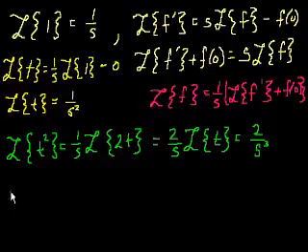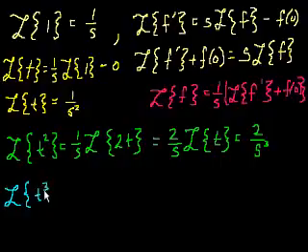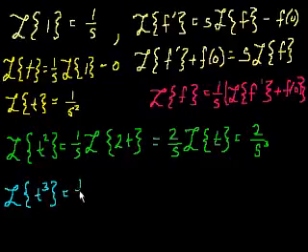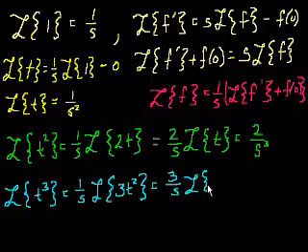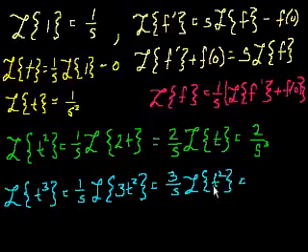The pattern will emerge. And this is actually kind of fun. I recommend you do it. It's somehow satisfying. It's much more satisfying than integration by parts. So the Laplace transform of t to the third is 1 over s times the Laplace transform of its derivative, which is 3t squared. Take the constant out, because it's a linear operator: 3 over s times the Laplace transform of t squared. So what's the Laplace transform of t squared? It's 2 over s to the third. So this equals 3 times 2 over